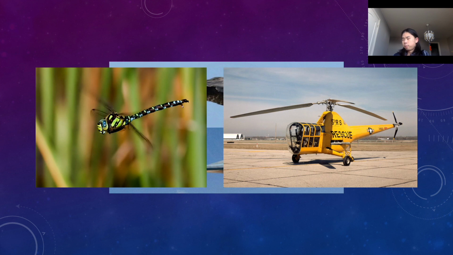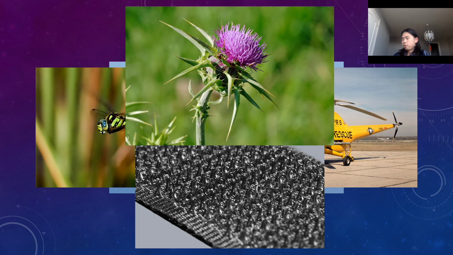The shape of helicopters are derived from dragonflies. Velcro was inspired by the thistle plant, and so much more. So although we can't learn from squids in terms of flight, we can definitely learn more about how they propel themselves and how their body shapes help them move faster. I think if squids wanted to, they could definitely soar high up into the sky since they can go at such high speed.